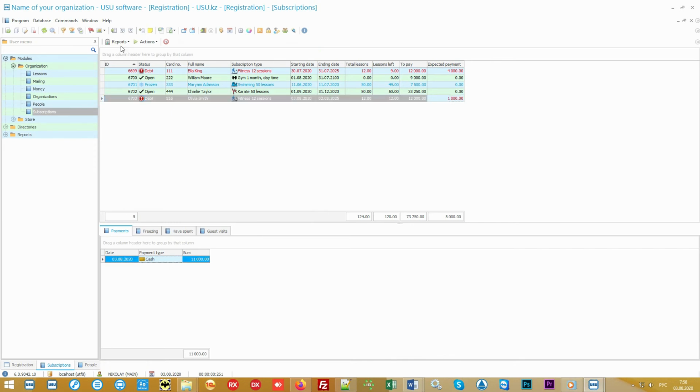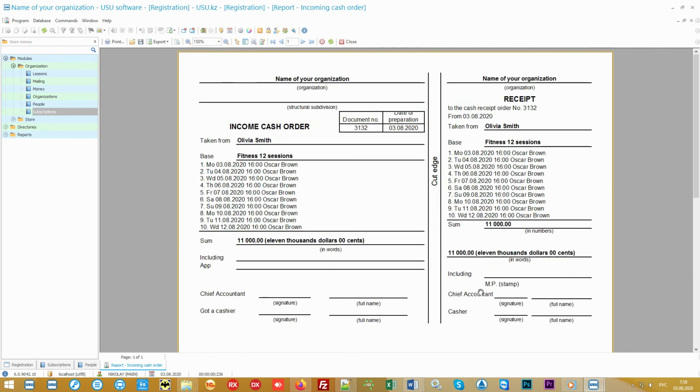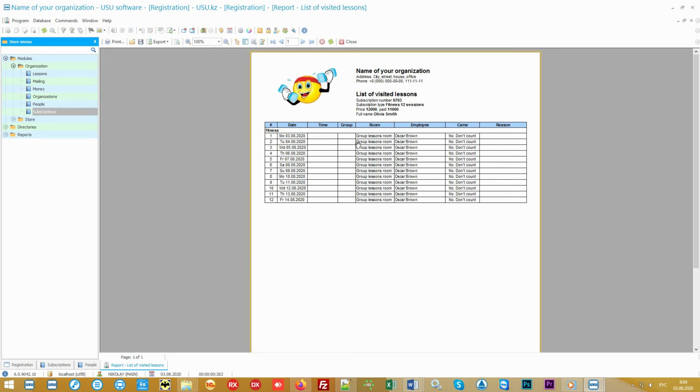The administrator can print a receipt which will not only confirm the fact of receiving an advance payment, but will also remind the client about the days of the classes, if they were planned. Also, if necessary, the program can automatically generate any other required document, for example, a contract for the provision of services. This is customizable. And in the future, if desired, the client can ask for a printed extract on the attended and missed classes.